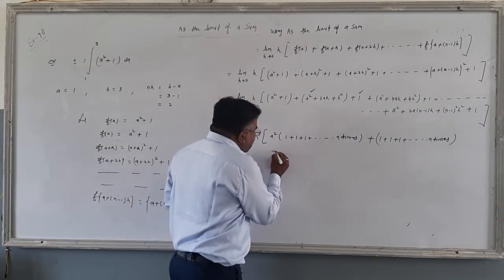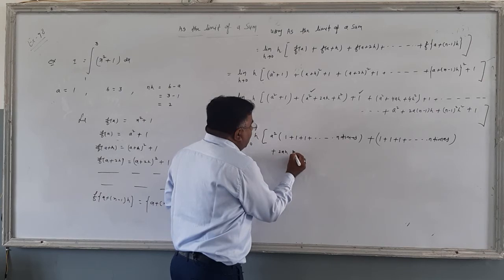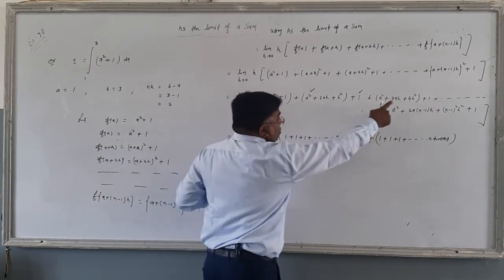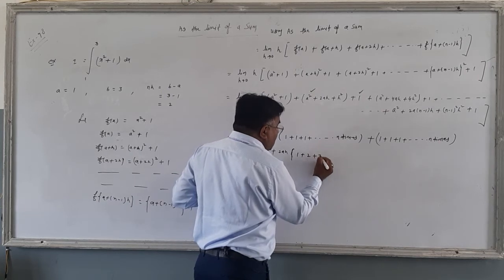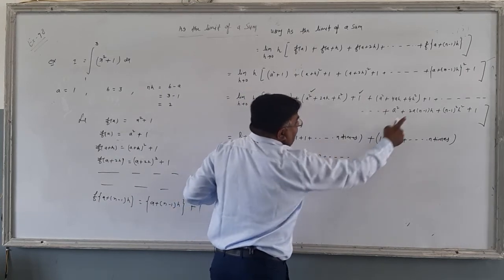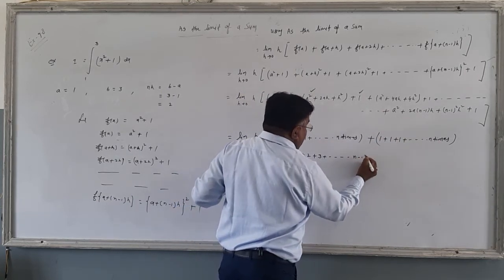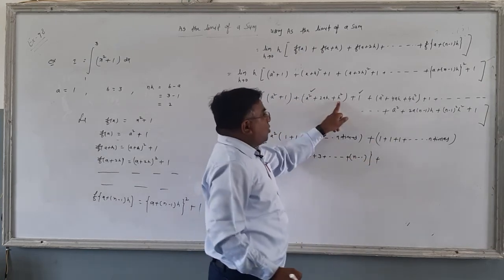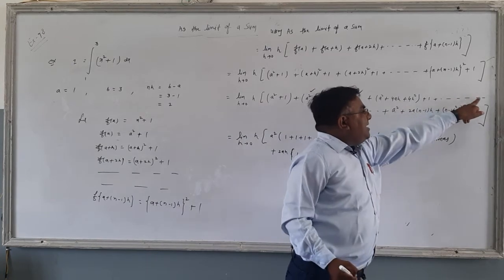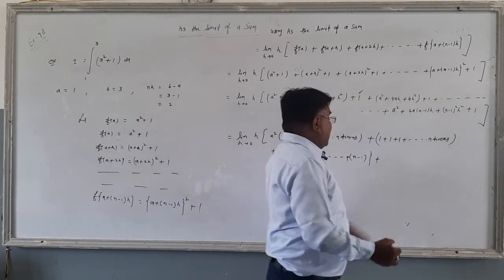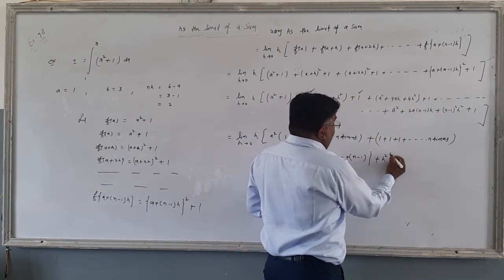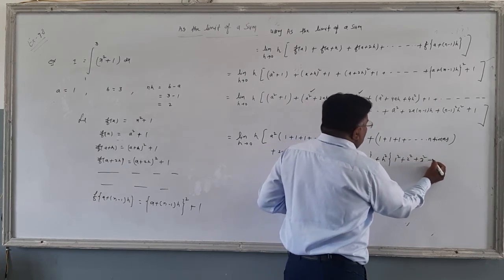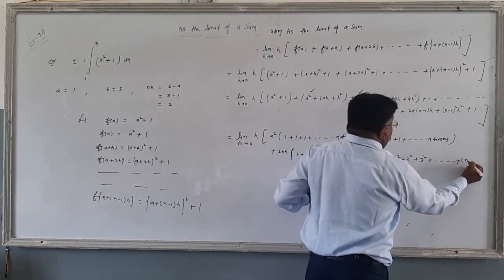So now the next series 2ah is common, then left 1 plus 2 plus 3 and so on is the last term, n minus 1, and that is h square, 4h square, 9h square and n minus 1 ka square h square. Now h square is common, left square of 1, square of 2, square of 3 and so on is the square of n minus 1.